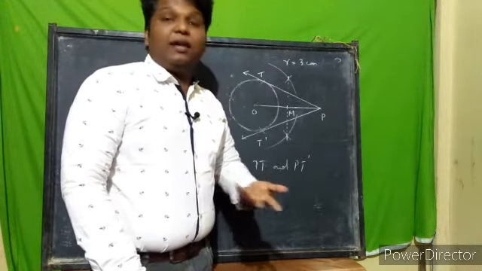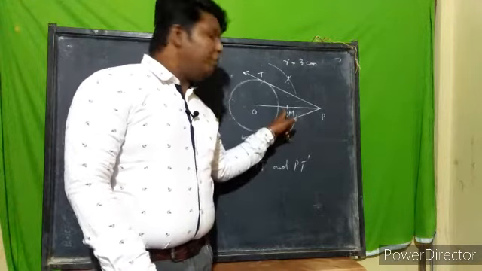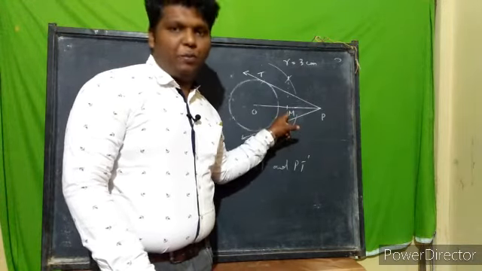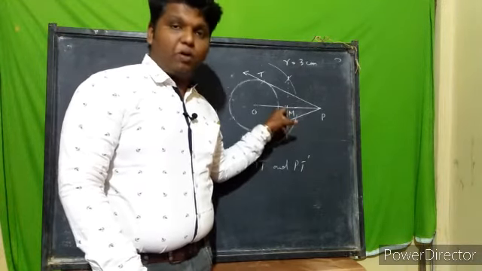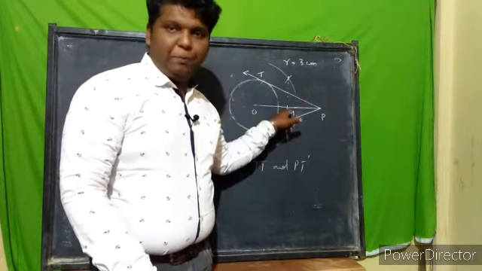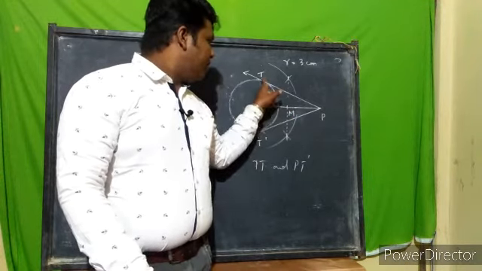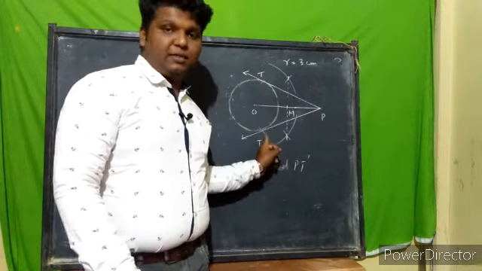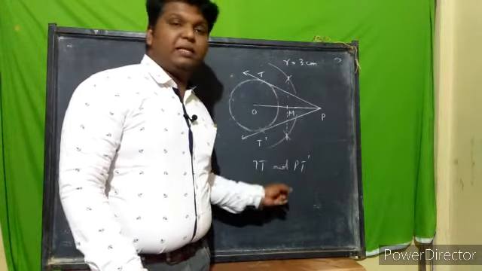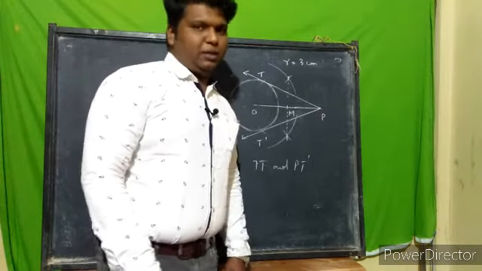So there is no need to write draw a perpendicular bisector. There is no need to write like this. You can write like this: from the midpoint of OP, mark M as the midpoint of OP. ऐसा लिखिए. Mark M as the midpoint of OP. And taking MP as the radius from M, cut the circle at T and T dash. Join PT and join PT dash. PT and PT dash are the required tangents. That's it. Like that you have to write the steps.